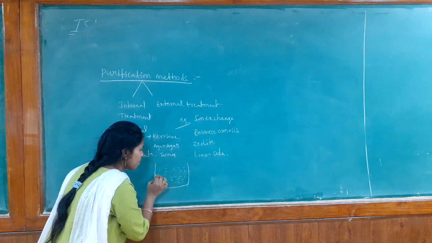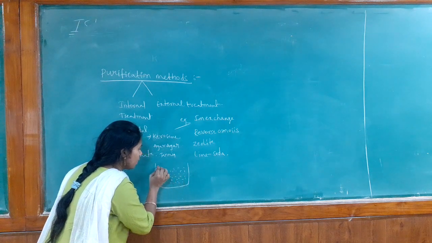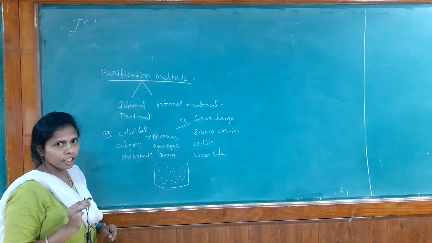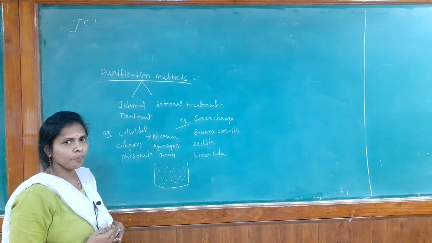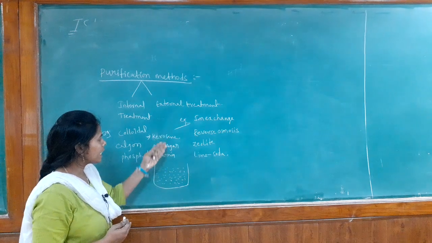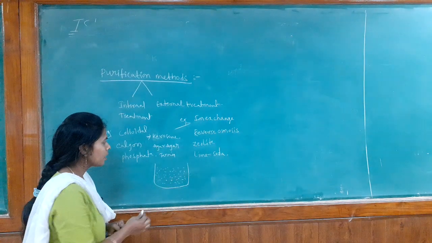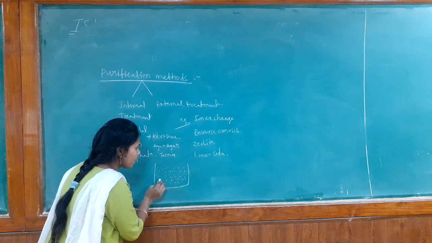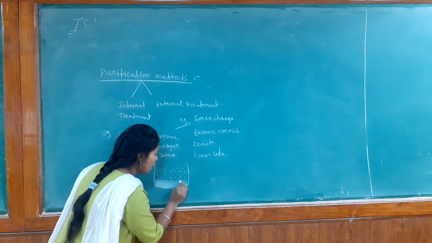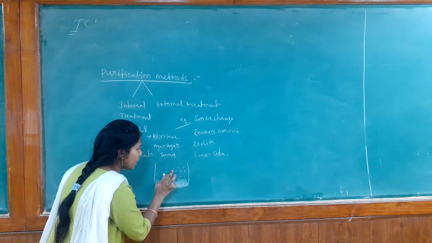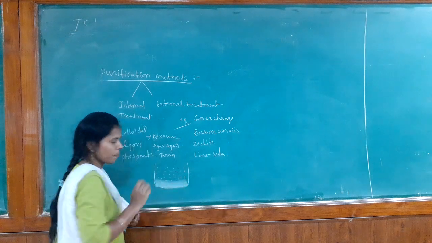If the impurities are of larger size, at least they settle down at the bottom of the container and we can directly remove them by the filtration process. But colloidal impurities do not settle down. So, we are adding these chemicals, that is kerosene, agar-agar and tannin. At one stage, all these colloidal impurities are converted to a non-sticky precipitate, which settles down at the bottom of the container.